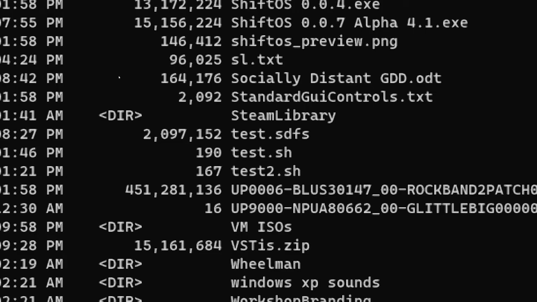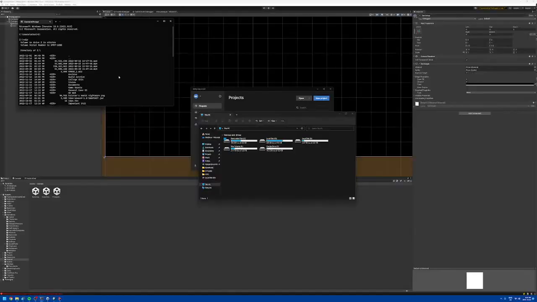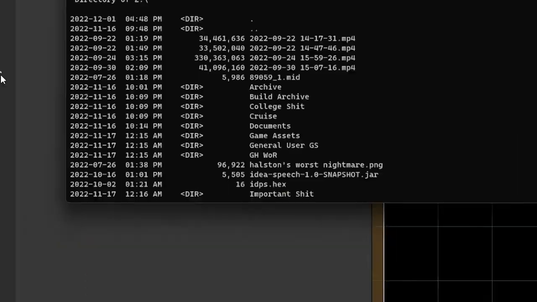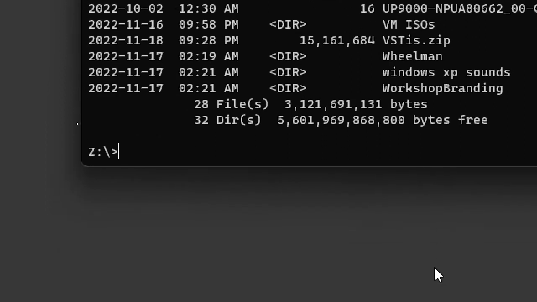So it's definitely there. Windows will generally, for local drives, start at C and work its way down the alphabet, but for network drives, it'll start at Z and work its way up. So that's how I know. That's just how it works. But yeah, that's